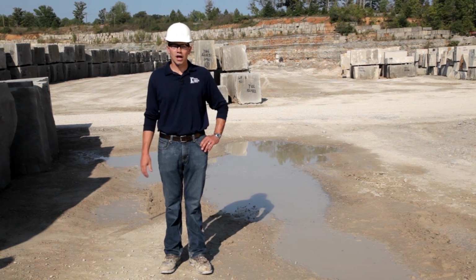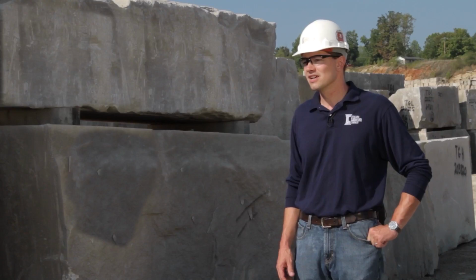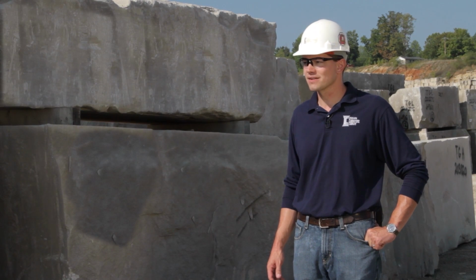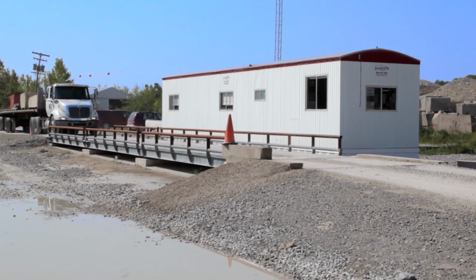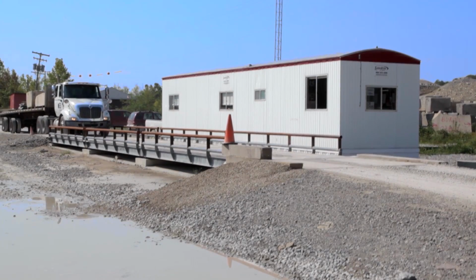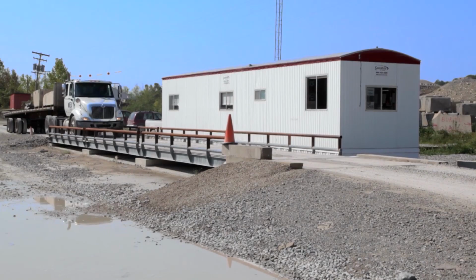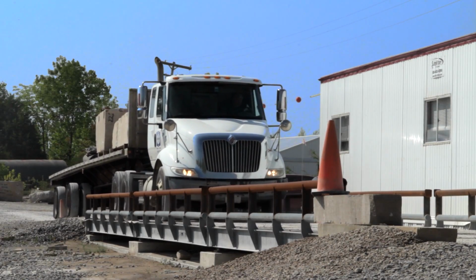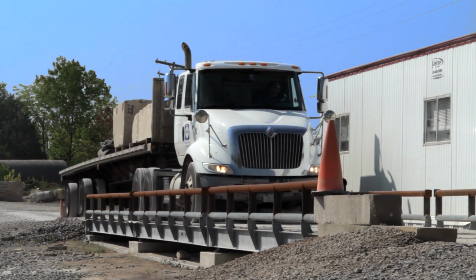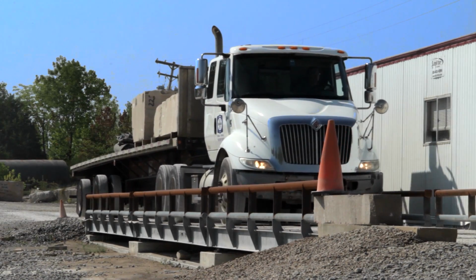We're standing here in a block yard, and you can see it's surrounded by a number of quarry blocks. These are going to range from 15, 20, up to 40,000 pounds. For many of these blocks, the next step is that they will be loaded onto a truck and shipped to a fabricator. The fabricator will then take these blocks and cut them down to size based on whatever the project requirements are,